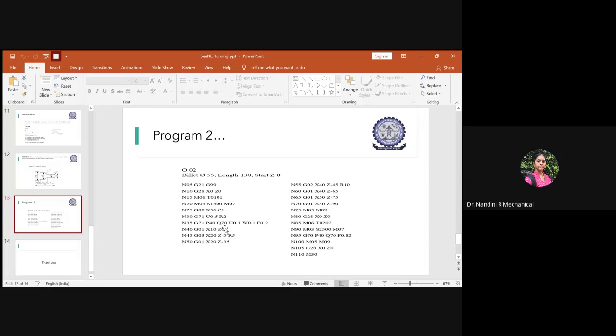So the Q value will be Q70. Then you give the depth of cut for each step as 0.1. Then you have to give an allowance along the z-axis. Be careful, you are not giving the allowance along the x-axis, you give the allowance along the z-axis. So you give an allowance of 0.1. Usually the feed rate we give will be 0.2.